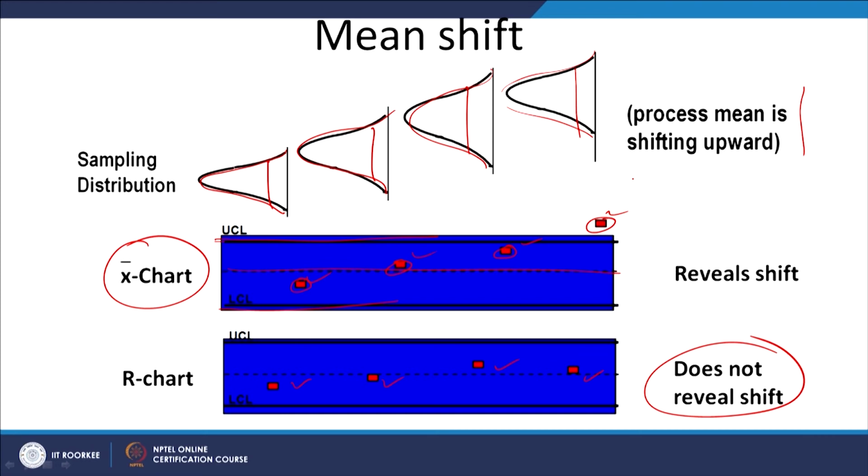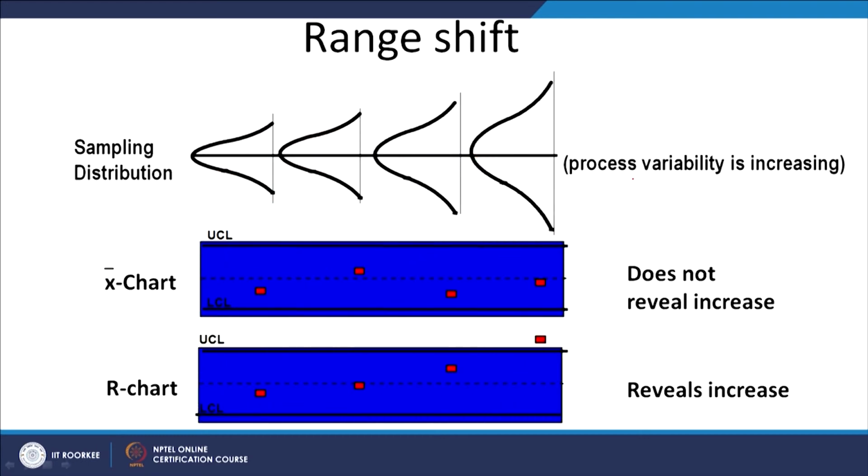So, just seeing one chart will not help in making an effective inference about if the process is under control or not. We need to see both the charts together. There will be another example where process mean is intact, but the process variability has increased, and that can lead to the situation of the process out of control. Like say the process mean is still at the same level, but the dispersion has increased significantly. Here it is increasing dispersion situation.